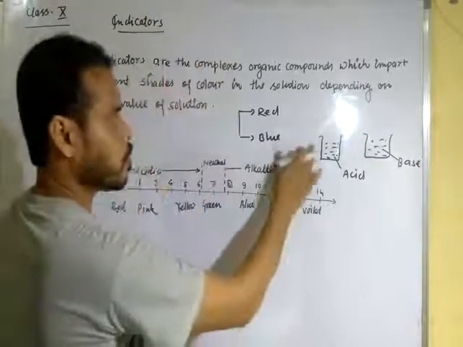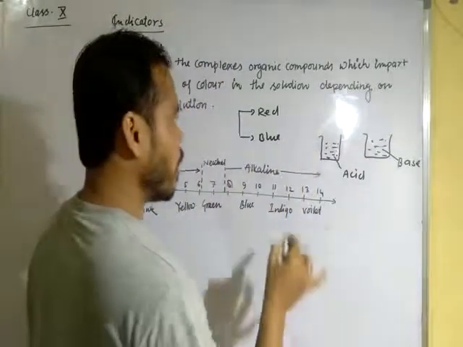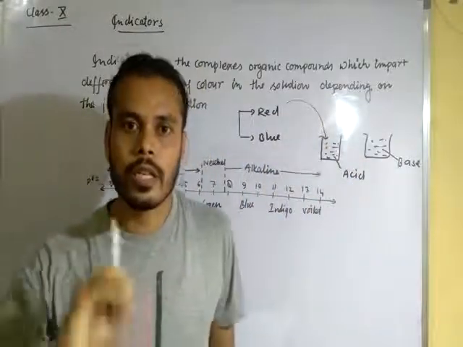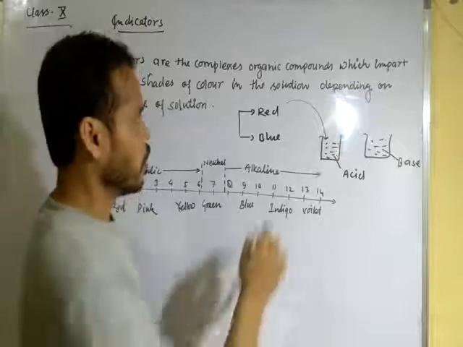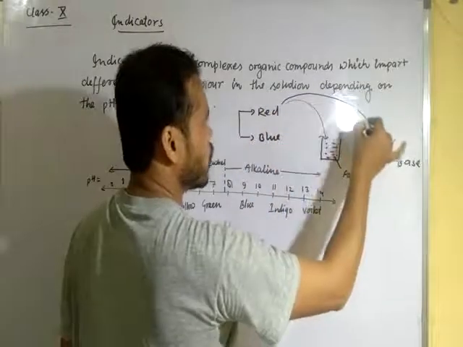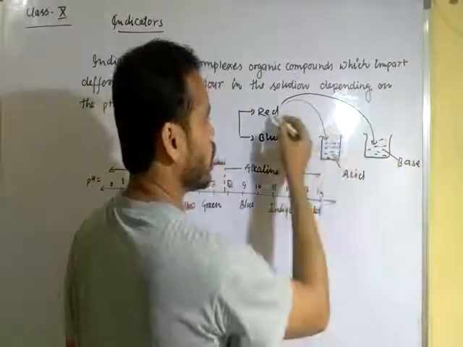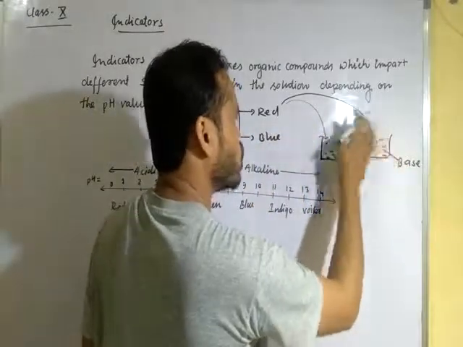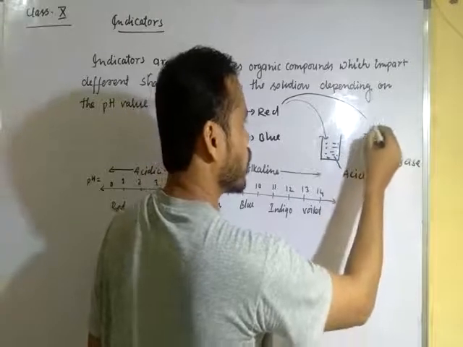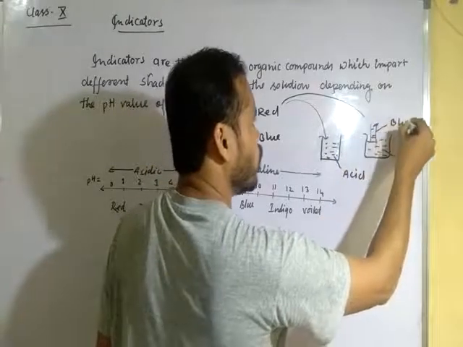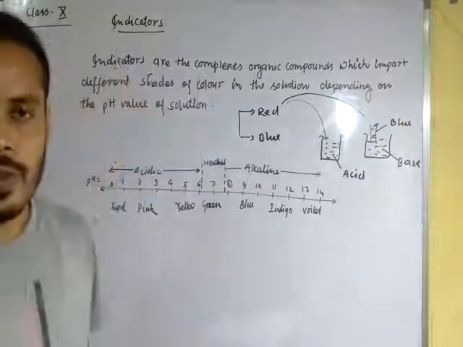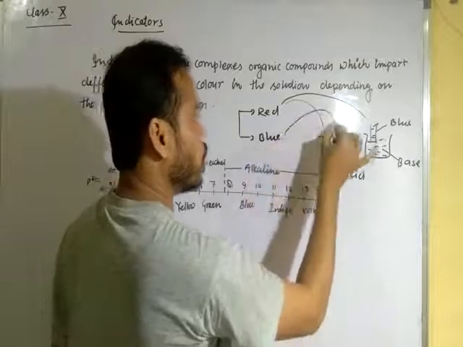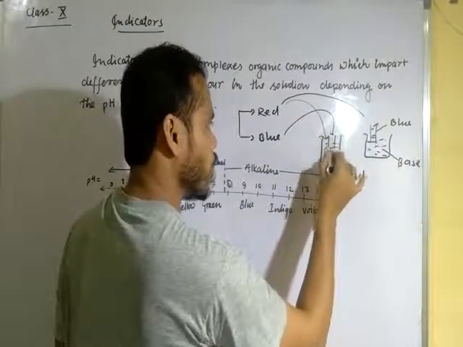Now, when red litmus paper is dipped into the acidic medium, there is no change in the litmus paper. But when red litmus paper is dipped into the basic medium, the red litmus paper becomes blue. Clear, dear student? Once again, when blue litmus paper is dipped into the acidic